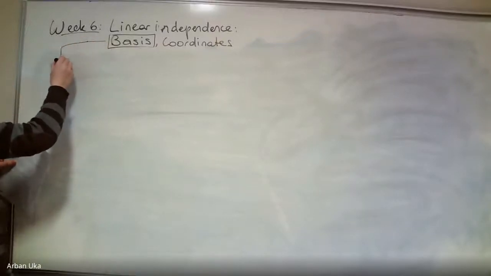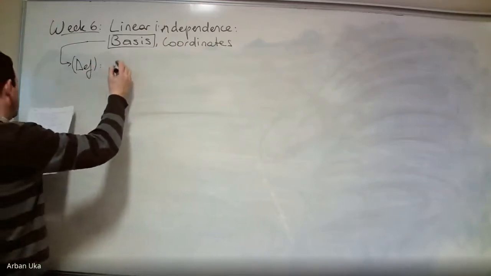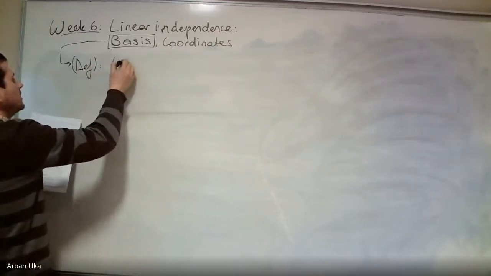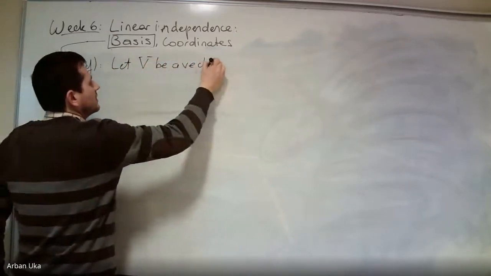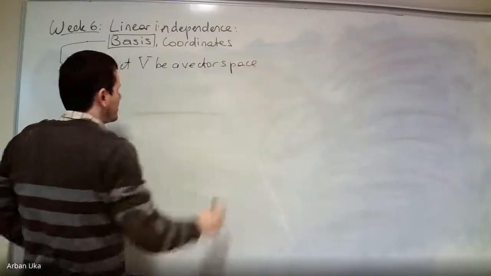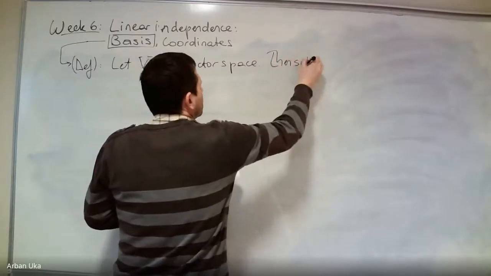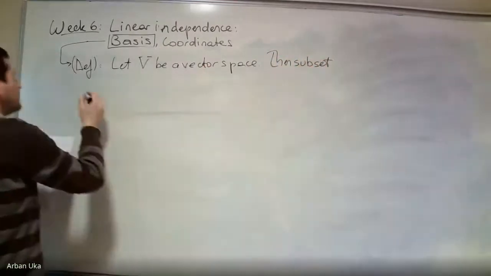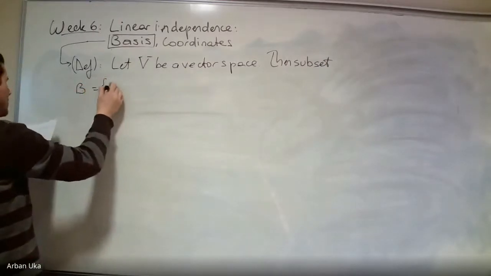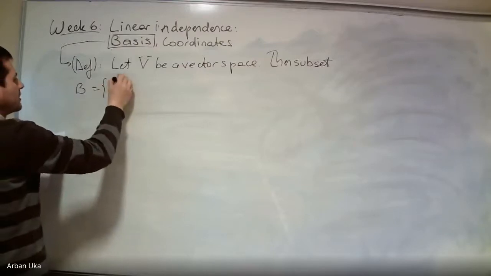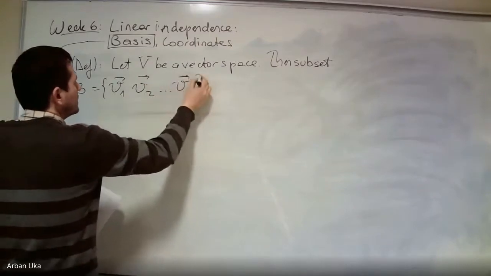Basis. We first want to give a definition, and the definition is as follows. Let V be a vector space. So V is a vector space, then the subset B of the vector space V, which consists of the vectors V1, V2, ..., Vn,